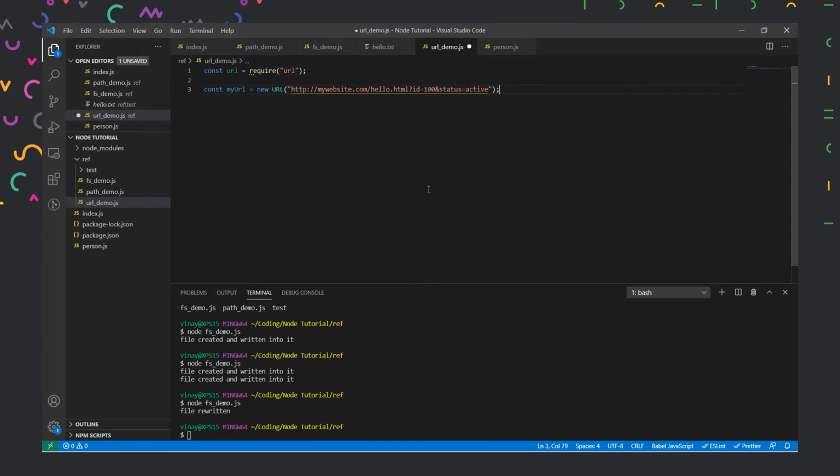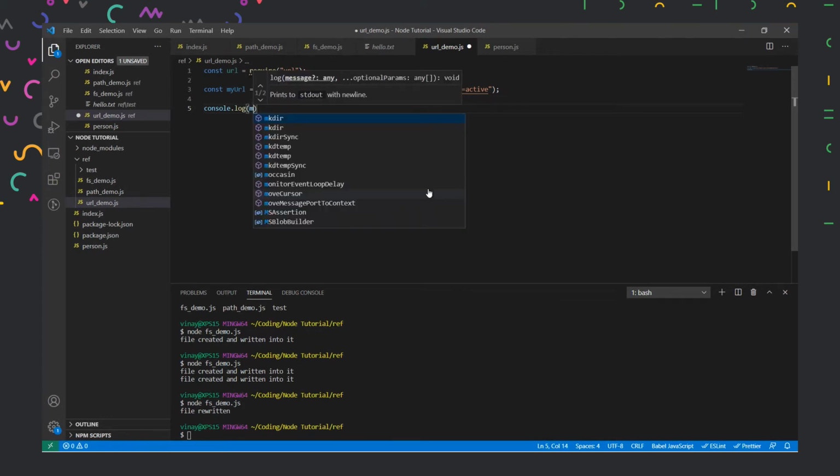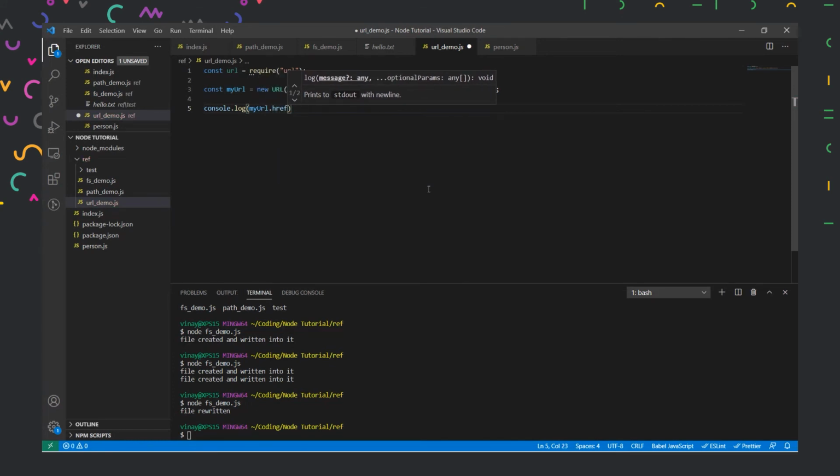Now that this is done, let us use the URL functionality. First of all, let us print what URL we have. To do that, we use console.log again. Here I will grab my URL, which is a URL object, and then I'll just type href, which stands for hyperlink reference.